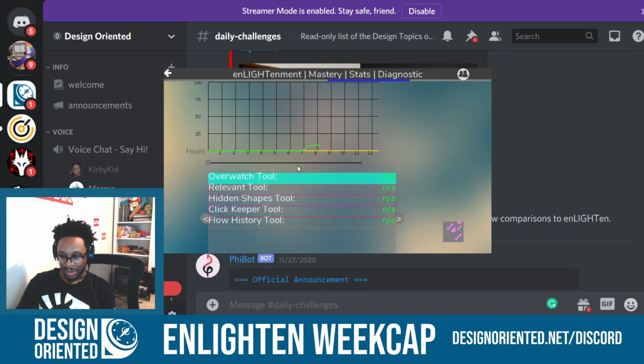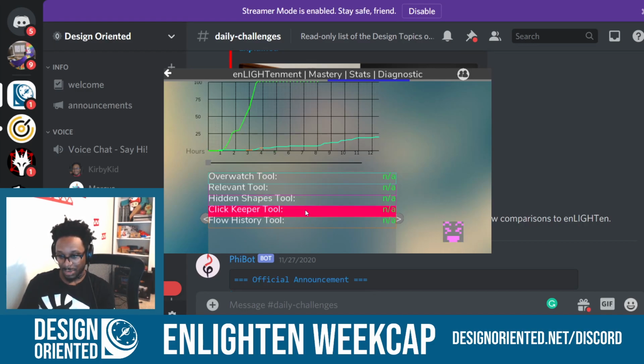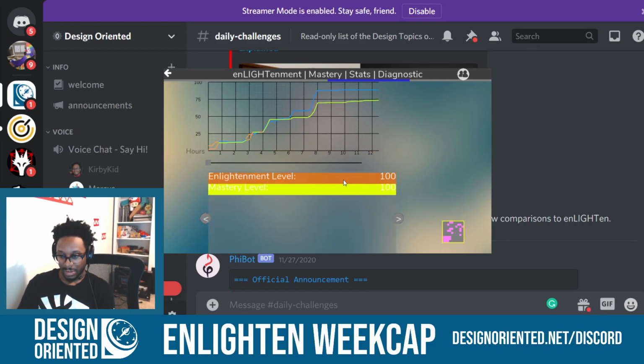Between 6 and 8, Overwatch tools started to be used. Relevant nodes tool always used. Between 6 and 8, the hidden shapes tool really started to get its use. Click keeper steady use, and flow history a little bit. So roughly between the hours of 6 and 8, 2 new tools were used, and that seems to correlate with